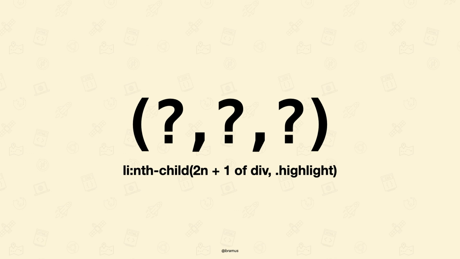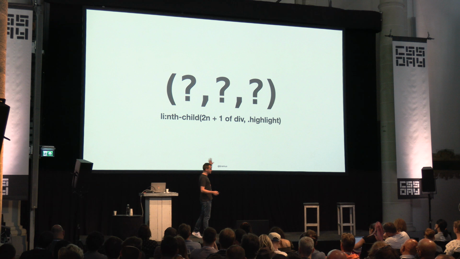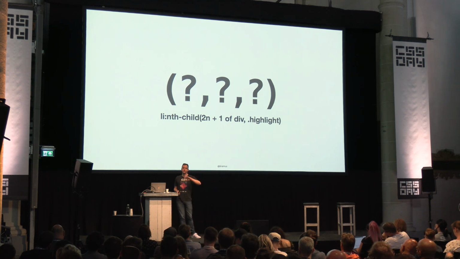I always mix those up. I think it's an odd one. That is either a div or with the class .highlight. So it allows you to do a selection within a selection. This selector is only supported in Safari, unfortunately, at the time of writing, I was going to say, right now,